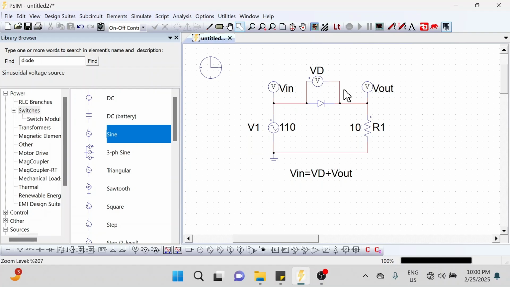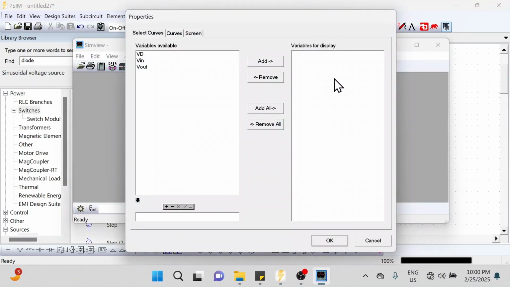Okay, so how can we confirm this? Let's click this, and here is the area where we can type an equation. For instance, I want to type in V out plus VD and press add. So you can see that we have the waveform, the variable V out plus VD, and I want to compare it against V in. So if I press OK,